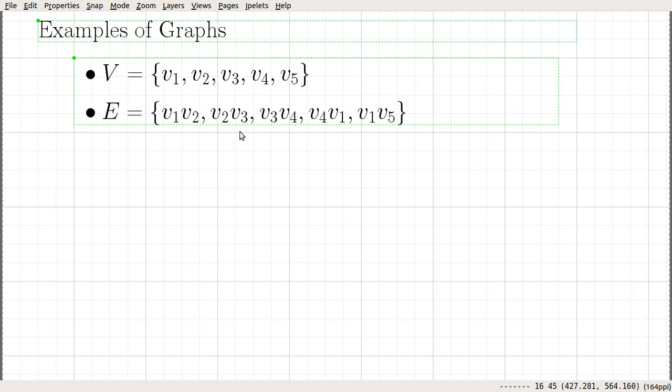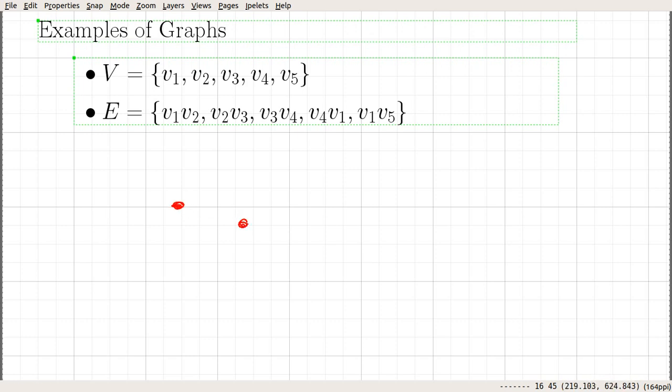Okay, let's look into 1 or 2 examples of graphs. So suppose that the vertex set is V equal to the set v1 v2 v3 v4 and v5, and the edge set is v1 v2, v2 v3, v3 v4, v4 v1, v1 v5. Okay, let's see how to construct this graph. Okay, so we have 5 vertices and they are labeled v1 through v5.